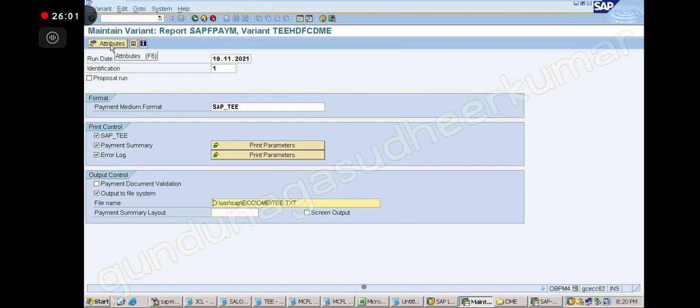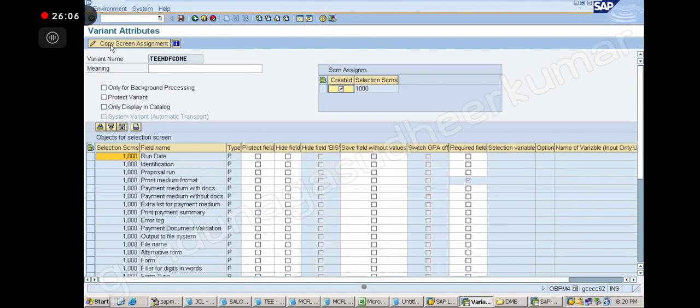Then give the name here. This is my PEE DME print variant for PEE. Give the name of the variant. So nearly done, guys. Next we can test it now.